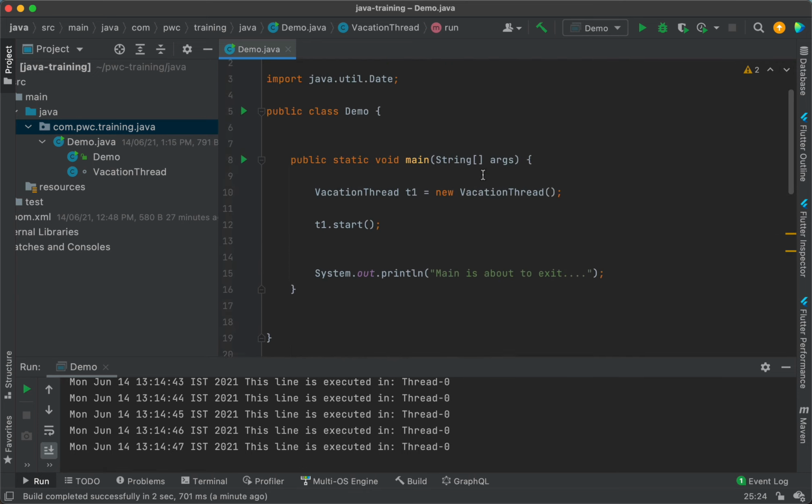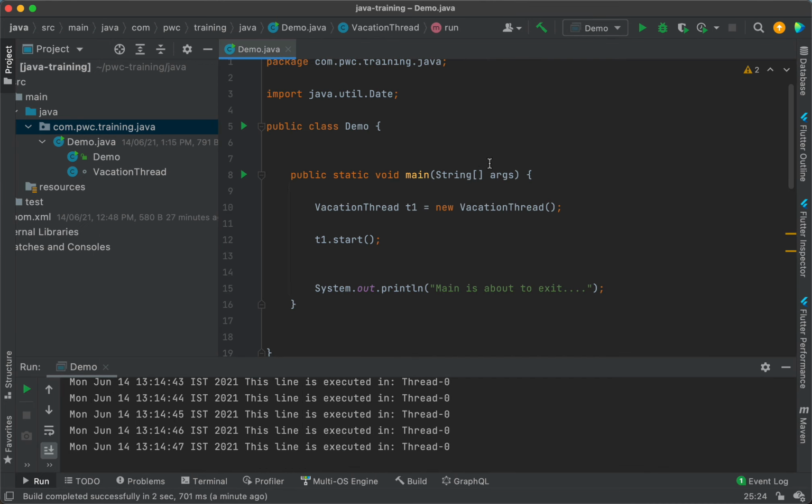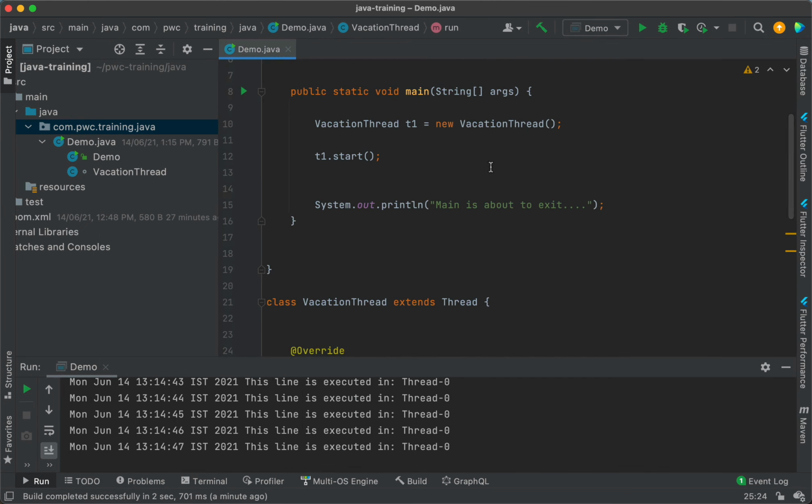Take a look at this code and tell me for how many seconds you think this Java program is going to run?